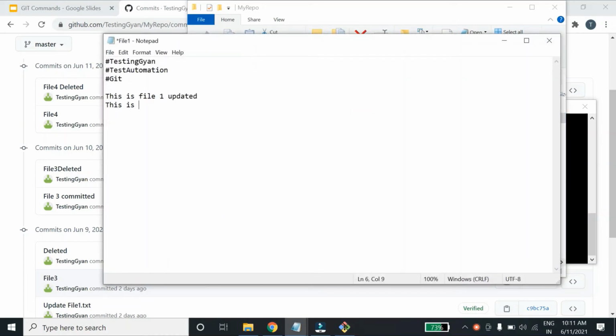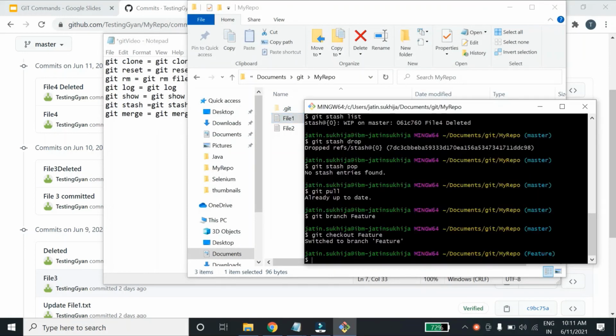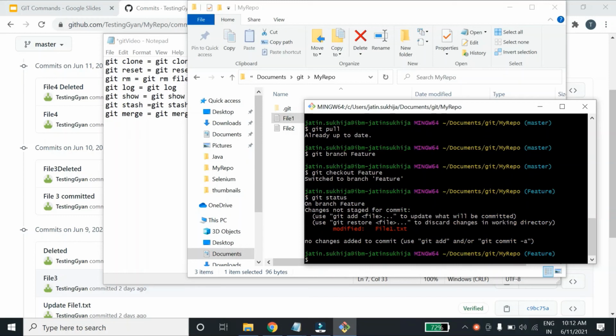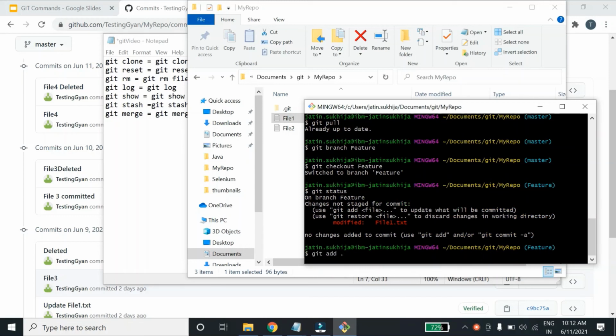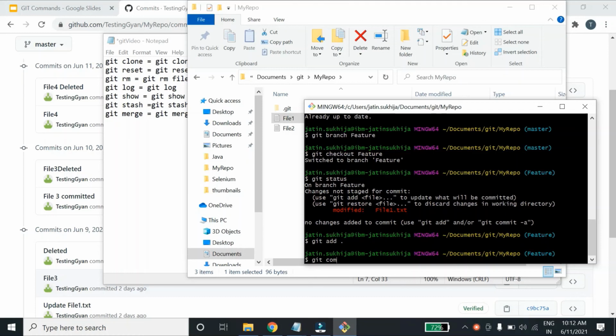This is added in feature branch. Git status, git add, git commit, feature branch commit.